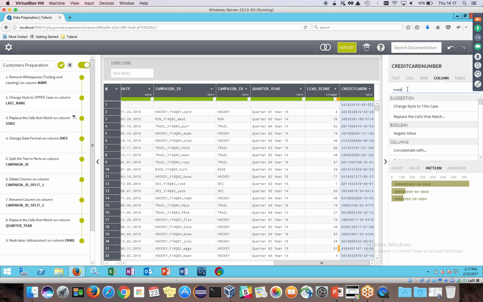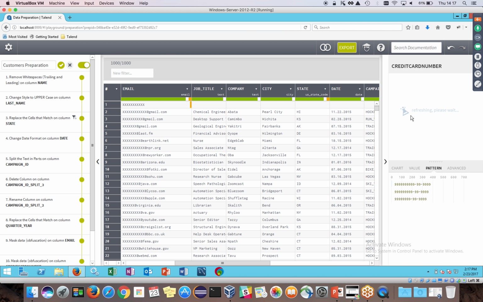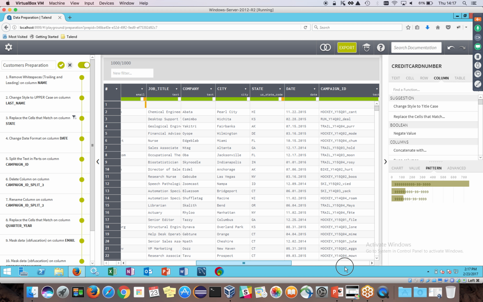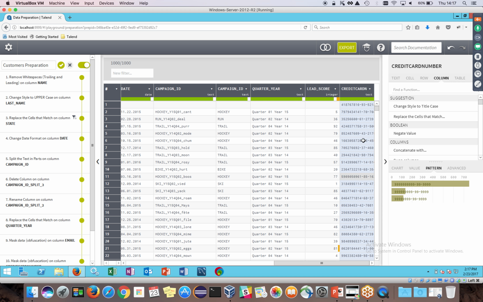So let me filter the functions. And basically, the credit card numbers have been replaced with random numbers, so we don't have sensitive data in the data set. So once I have done that,